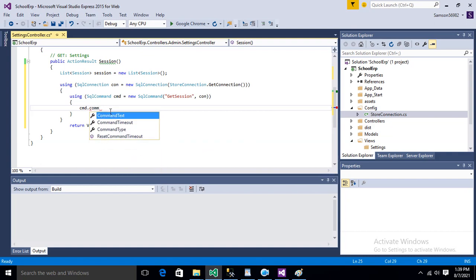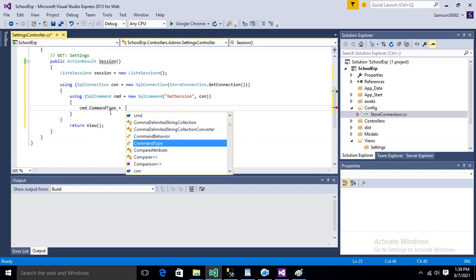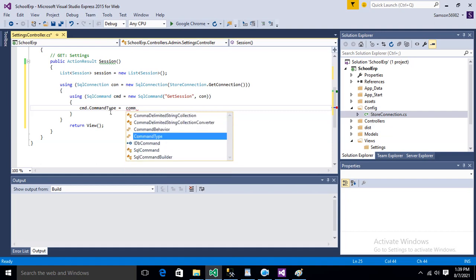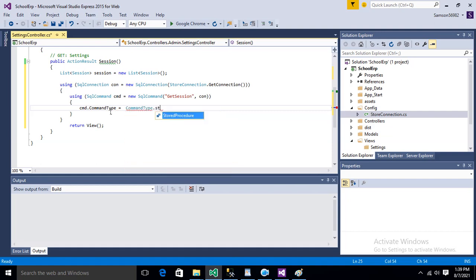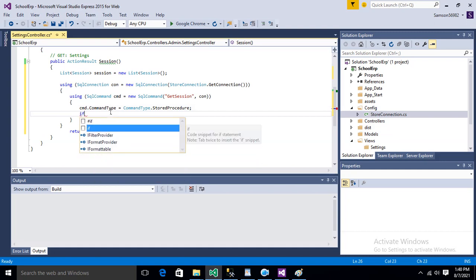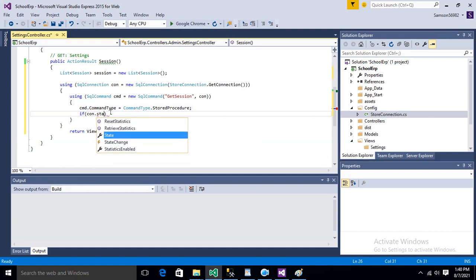So, command type. You have to reference that the command type is actually a stored procedure before moving forward. So command type, stored procedure. So we know we're trying to call the stored procedure. Then, if the connection state is not open,